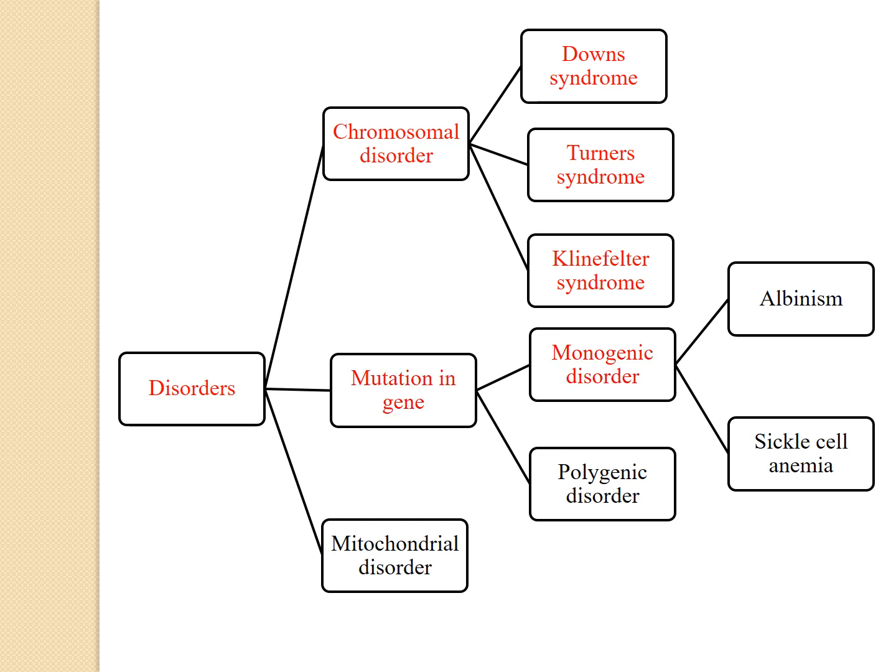Now we're going on to mutation in genes, monogenic disorders. Now when you say monogenic, the word mono has come, which means that these are the disorders which arise because of one gene being defective. That is why it's said to be a monogenic disorder. Approximately 4,000 different monogenic disorders are known to date. From that we will be learning albinism.